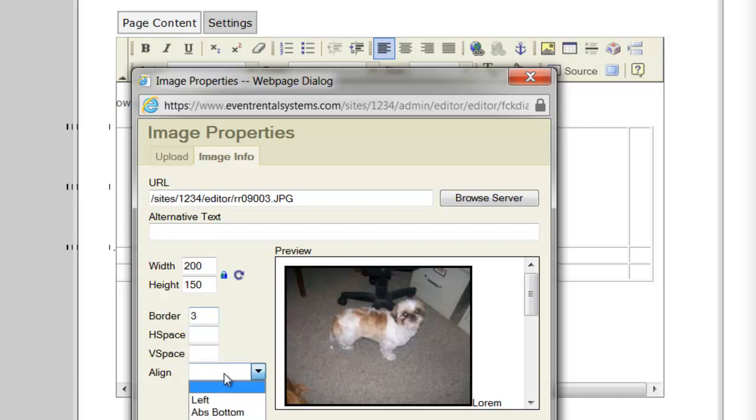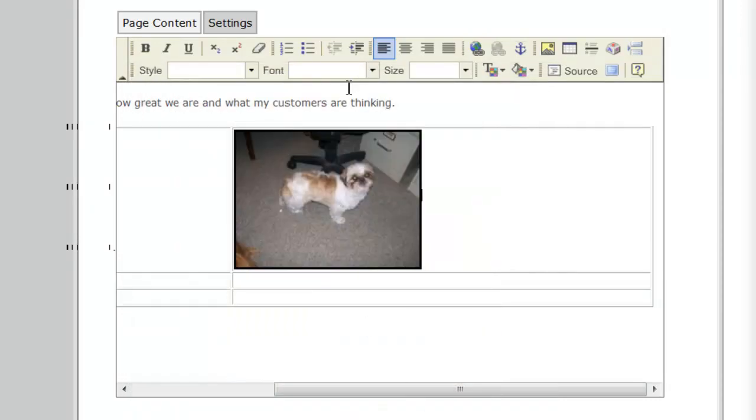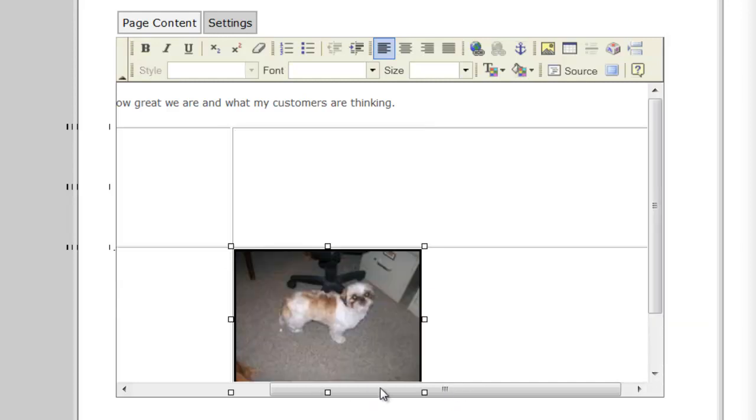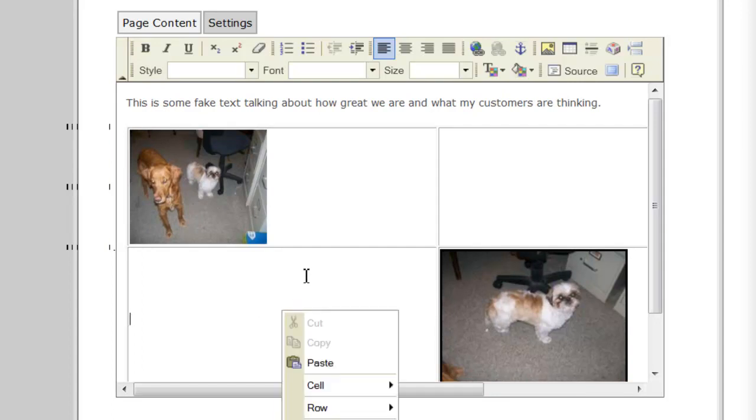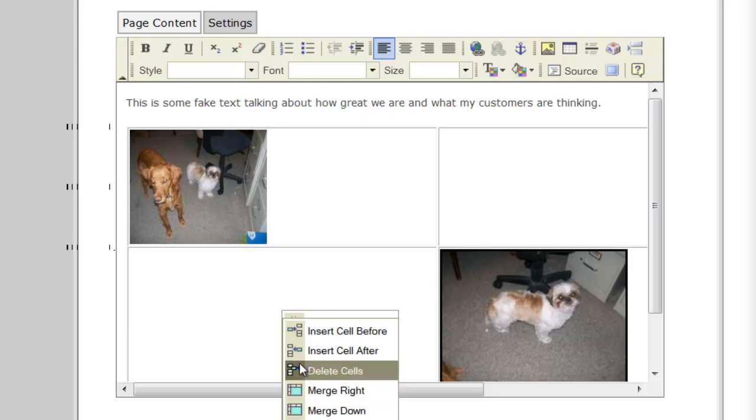And if we wanted to, we could align it in the middle of that particular column. So now top to bottom it's in the middle, and hard to see, I've got a dark photo there, but you can see that I've got a black border going around it. And if I wanted to move that into this row instead, I can just drag it in there. So you do get a fair amount of flexibility with where you put your pictures and how you want them spaced. You can also, within a cell, right click on a cell, that's one of those boxes there,